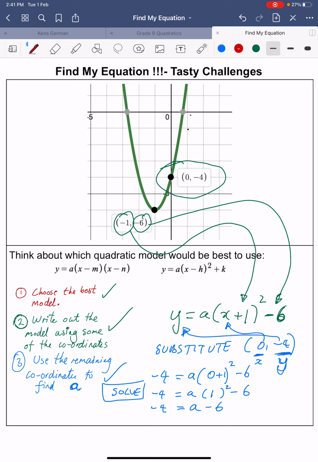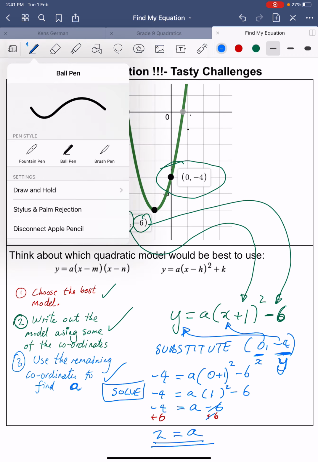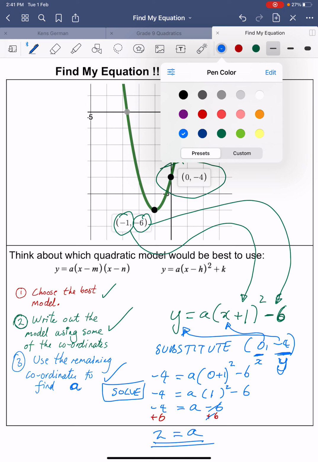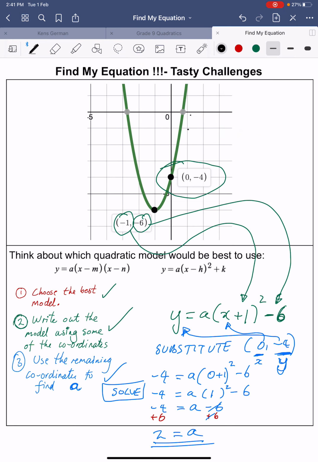And now we're just going to solve this equation. Now we need to leave a where it is. We're going to +6 to this side, +6 to this side. So that will give us 2 here, and that will give us a here, and this cancels out. So the final answer, a equals 2. So finally, let's go ahead and write out the entire equation for our quadratic. So the equation here is y equals a, which is 2, and this is (x + 1) squared